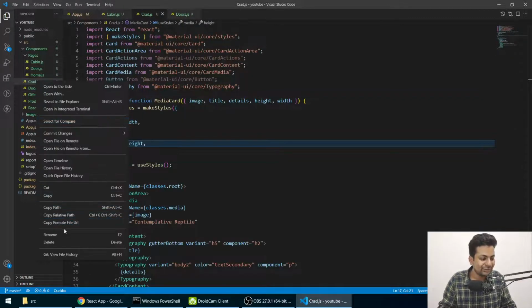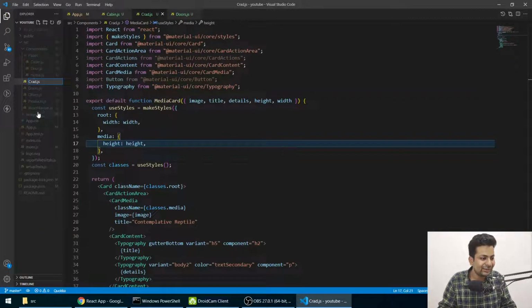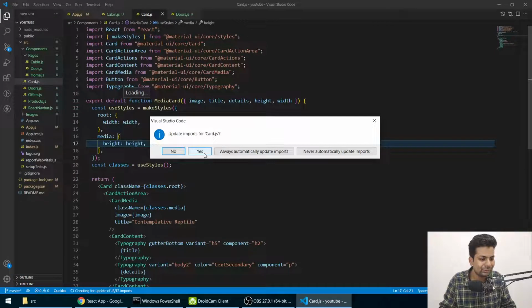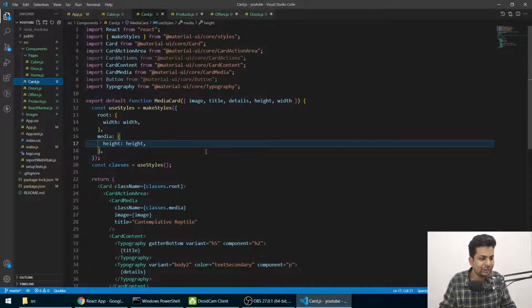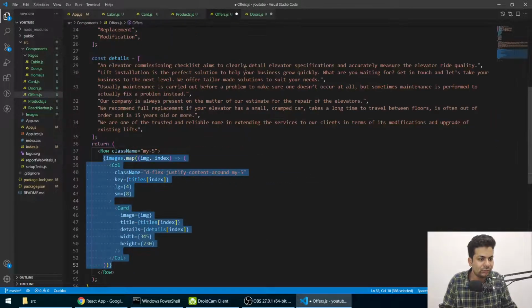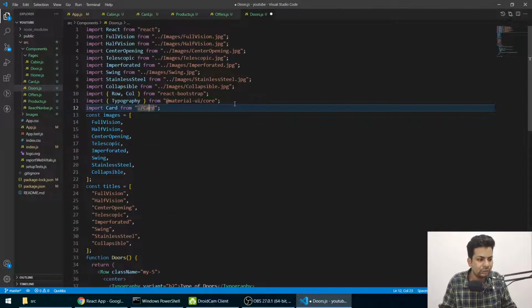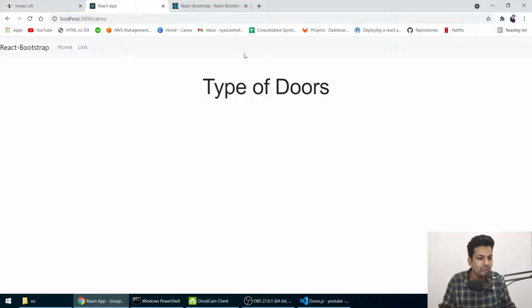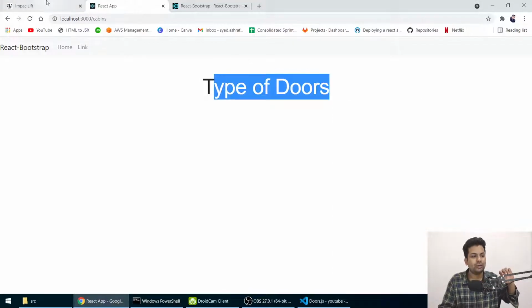Let me just rename it to card. Okay, yeah. So now everywhere it's card, I think. In the product is it card or not? Card just came to card. Offers also has card. Yeah. Any error? So we got types of doors here. Okay, now see types of doors.